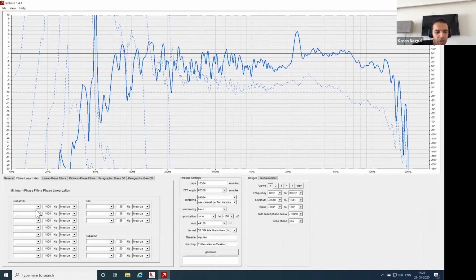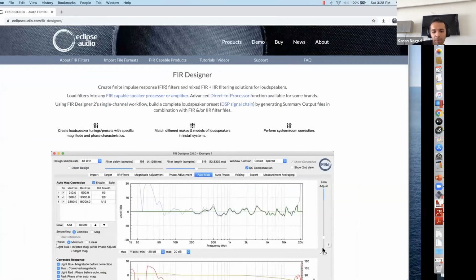What linearization is actually doing is telling it that there is a crossover at this point, so expect a phase shift there, and it runs a convolving algorithm around the crossover frequency, something an FIR Designer does automatically.